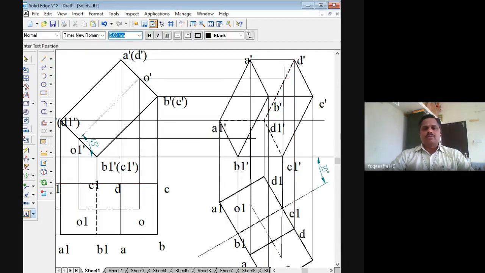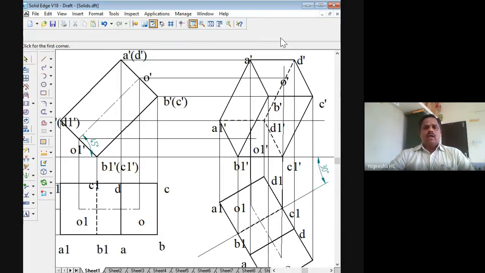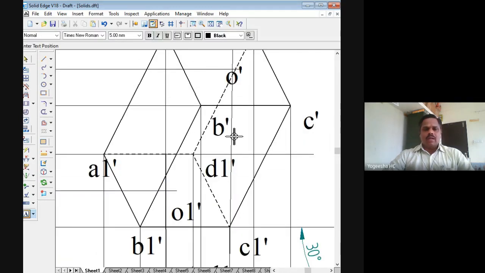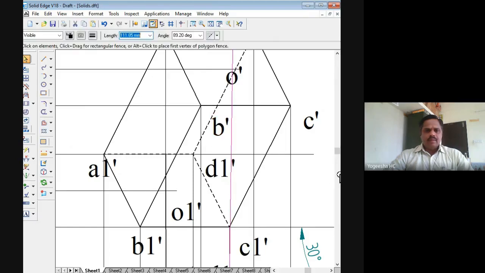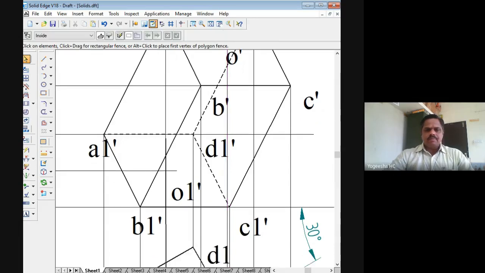So this point is now O dash, and this point is O1 dash. And O1 dash to O dash, we have to join with an actual line now. I'll zoom that area so that I can see clearly. This vertical line I have not drawn properly. This angle should be 90 degrees, then it will come correctly.